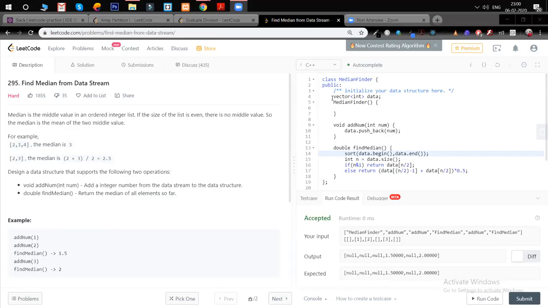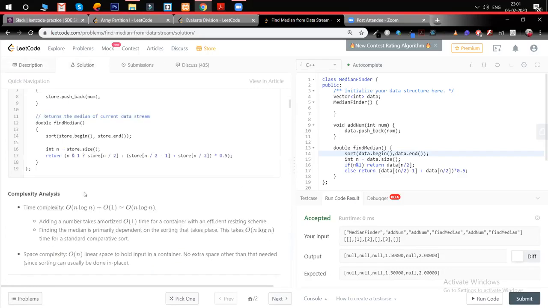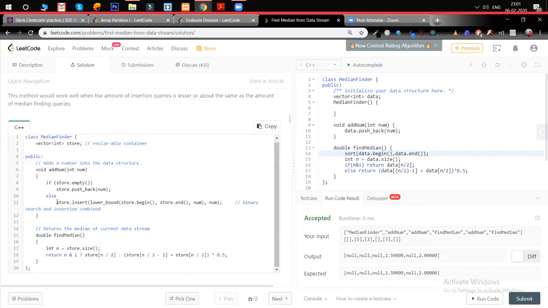I'm not very familiar with the C++ STL, so could you ping me or post in the group the method name or function name which is used to insert at an index? I guess we have this in the solution also. Got it. Yeah, I did it in Java. If I use an array list, it's pretty straightforward and always sorted, but it is order of n log n. So I thought some better solution might exist in Java if I use Java only.